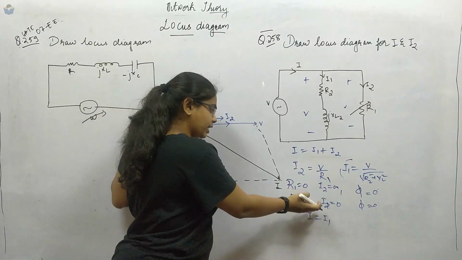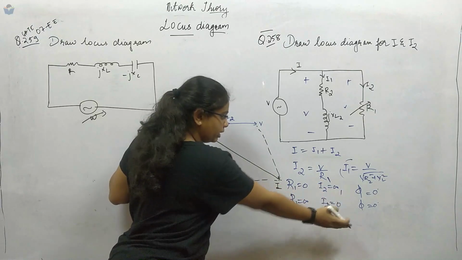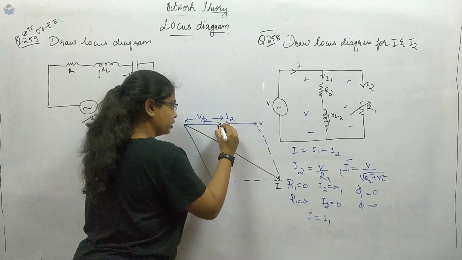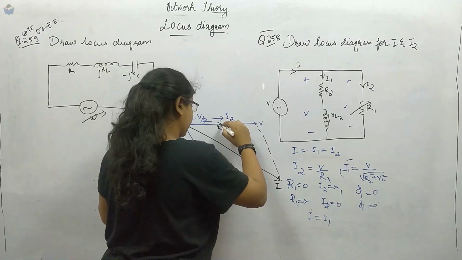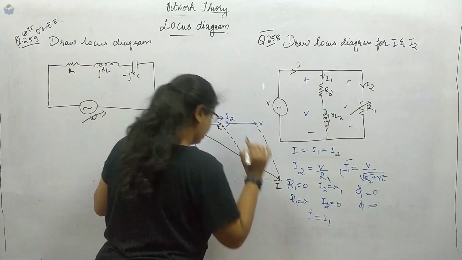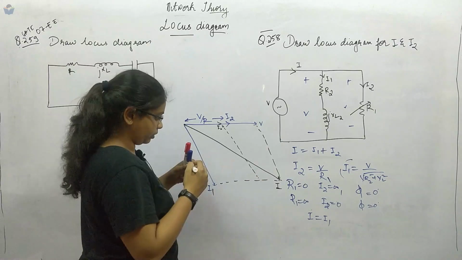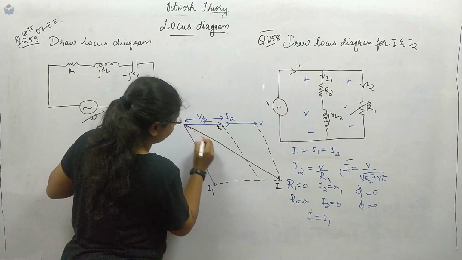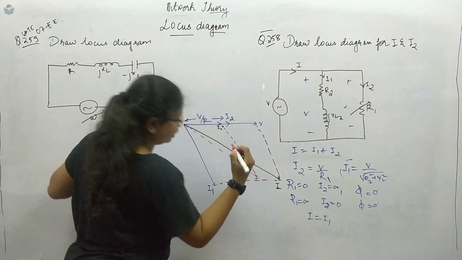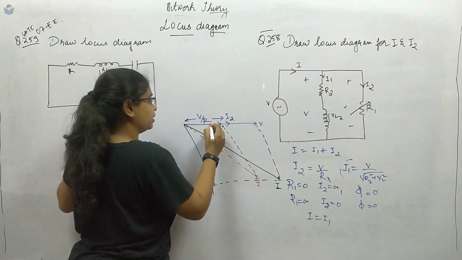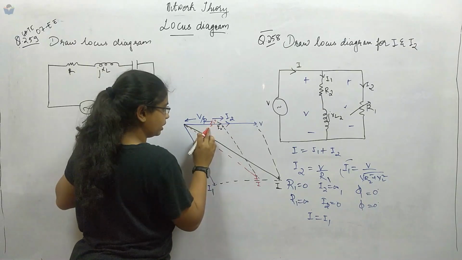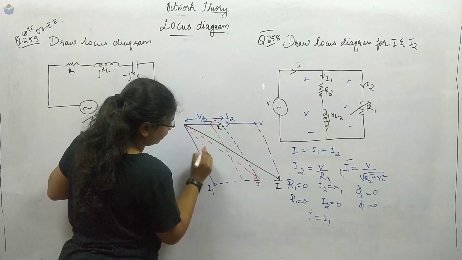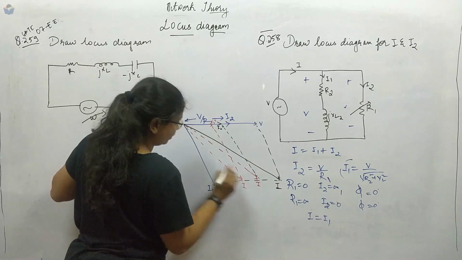Now, after this one, this was when R equal to 0. Next, when we are increasing the R1, what is happening to the I2 current? It is decreasing. So here if I take this as I2 double dash, okay, and here I will draw this path, and next what will happen? My I will change, okay, the vector will come over here, so this is I. Similarly, when I2 double dash is here, then again my sum will change, this will be I.